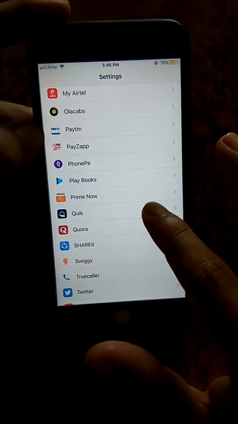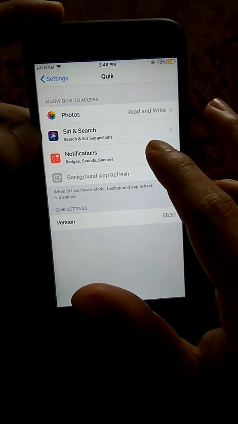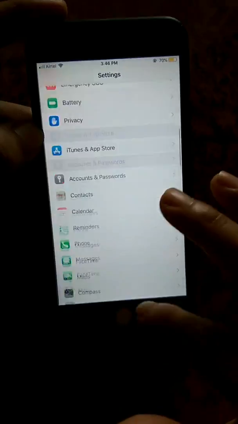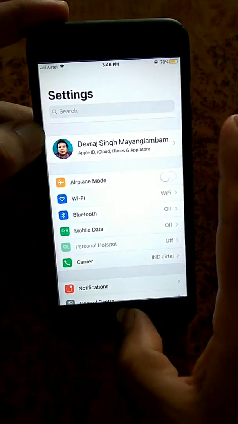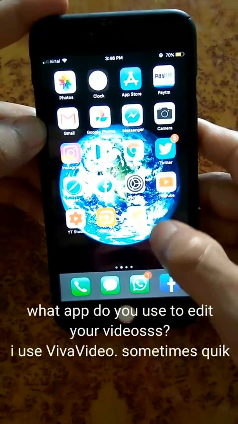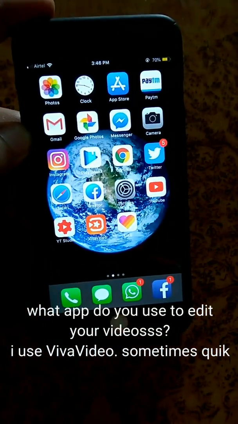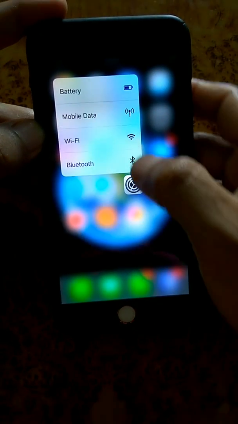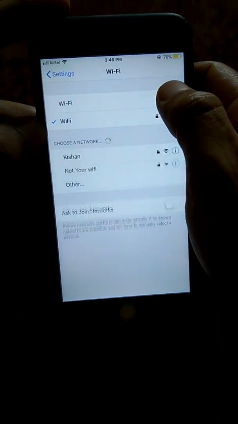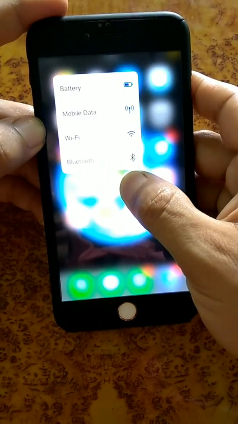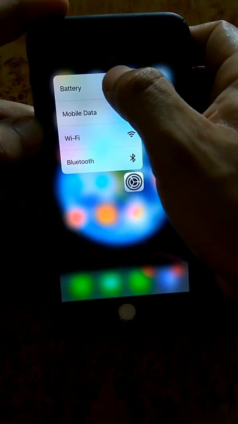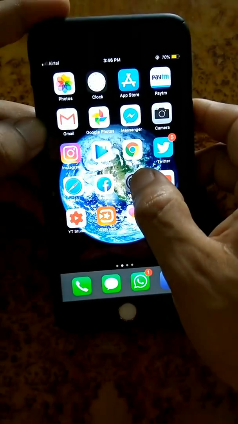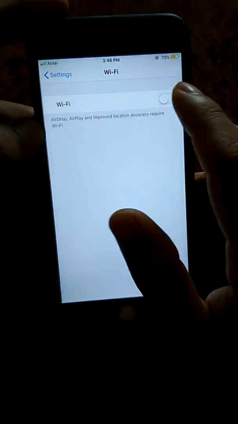And these are the apps that I have installed. For this also you can do many things. Notification you can turn off. That is all. Settings. And one nice thing is this one. You can turn off your Wi-Fi by going directly here by pressing here. This is 3D touch, or you can go to battery by going here. And mostly I use it for turning off my Wi-Fi,